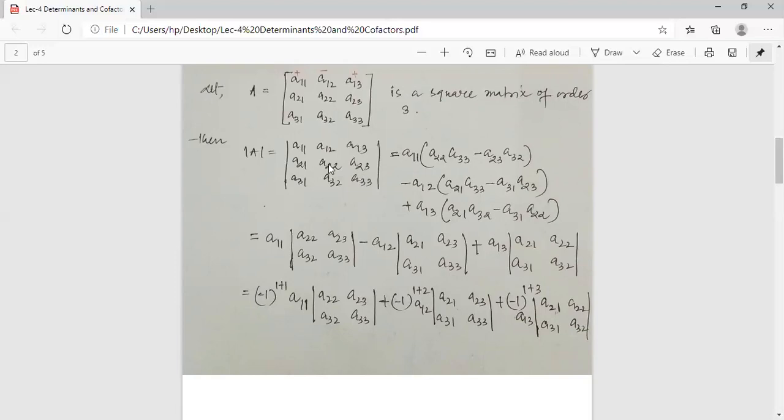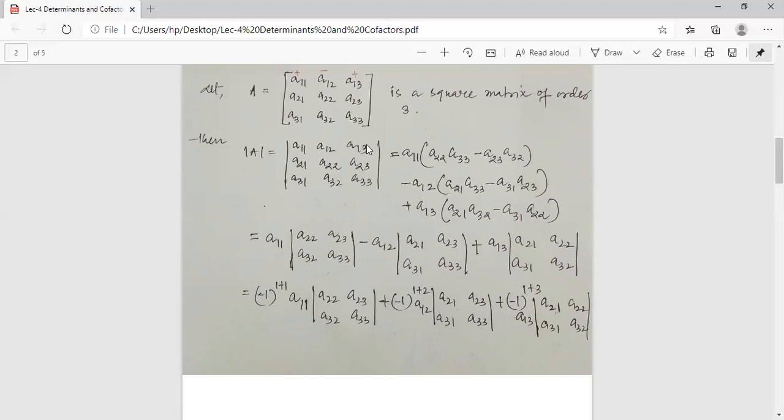The value of this determinant will be A22, A33 minus A32, A23. So A11 into the determinant of this square matrix, then negative sign A12, and then